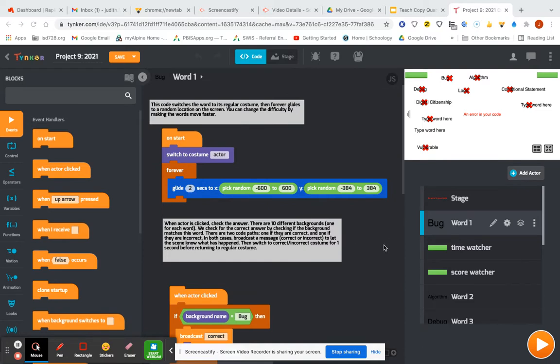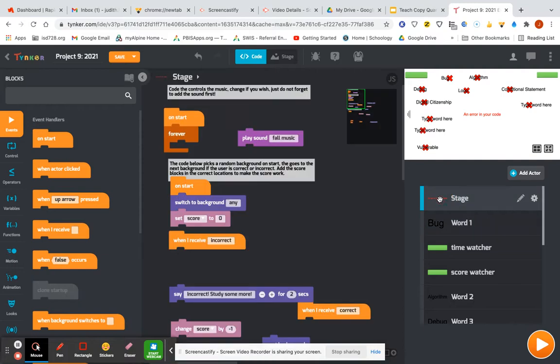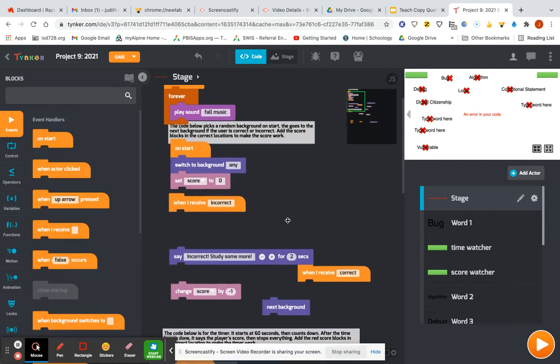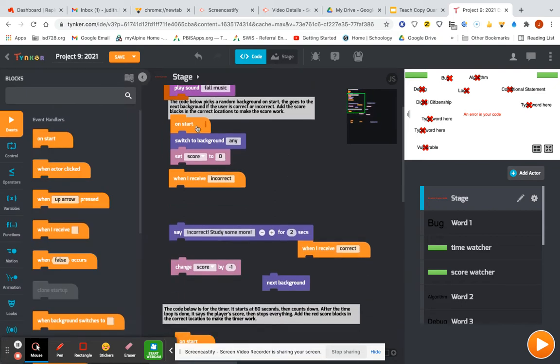So now we have to add all of our definitions. This is all in our stage. The first thing we need to do is we're going to play some music forever. And then it says on start, switch to any background, set score to 0. Don't have to do anything there. You'll remember that when I